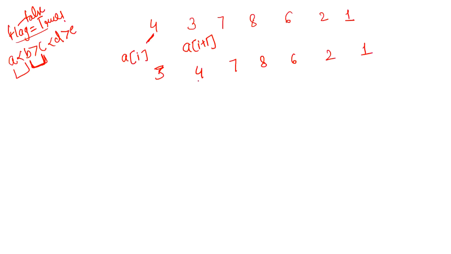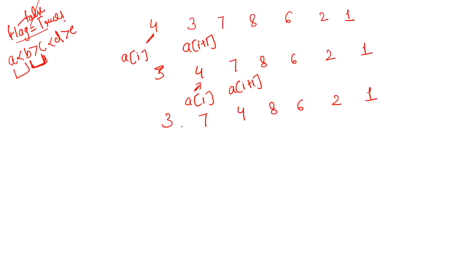Here we will check. So now our I is pointing to this one. So we have A of I here and A of I plus 1, because simply we are running a loop to go through all the elements of the array, right? So here we will check the counter condition. In actual we want B greater than C, right? So here we will check if A of I is less than A of I plus 1. If this condition is true, just swap them because in actual we want A of I to be greater than A of I plus 1. But since this is not the case, let's swap. It is going to be 3, 7, 4, 8, 6, 2, 1. Again the flag will be converted to true.